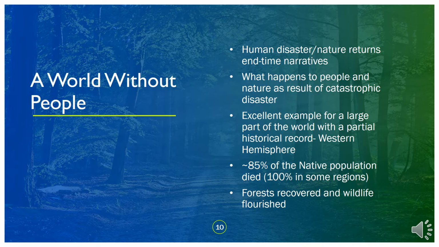So the reading is divided into three main sections. And this first section is called A World Without People. And it's all about how humans are just fascinated by narratives that describe human disaster or nature returning in times like a post-apocalyptic type of world. And there are a lot of fictitious books and writings that have stuff like this,